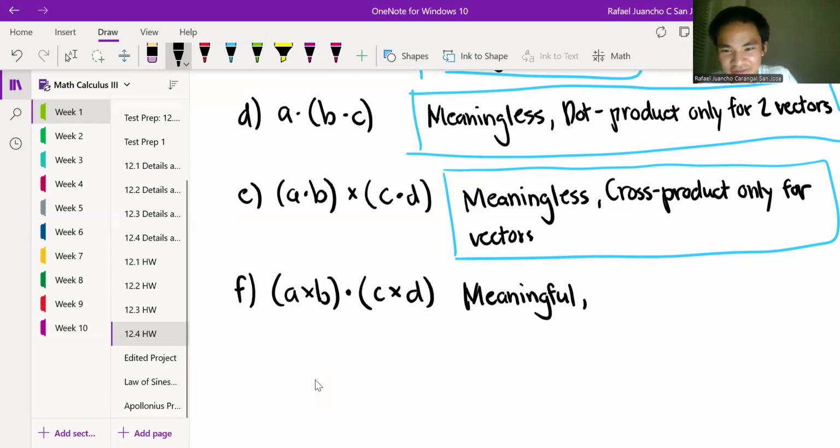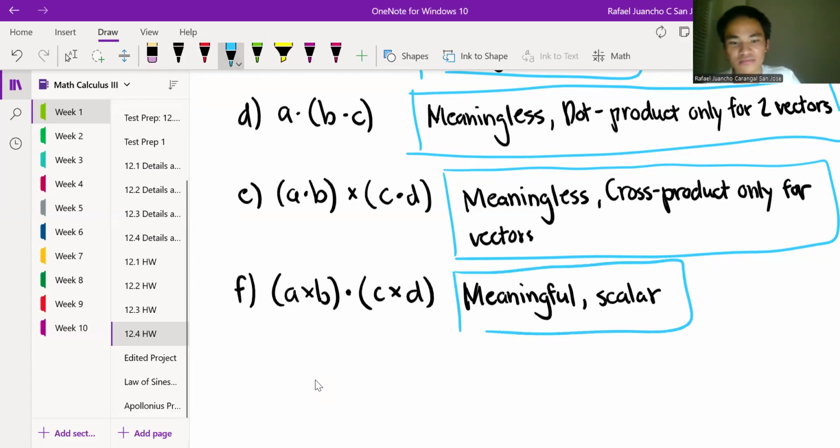Okay, meaningful. So this gives me a scalar. Gives me a number. So it's meaningful. The expression is meaningful. It is a scalar. Okay, we're gonna hit submit and see what happens. Hopefully I don't throw my monitor. And we got it. Okay. Now we want to consider,